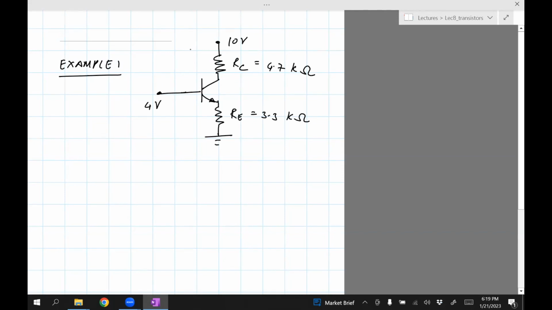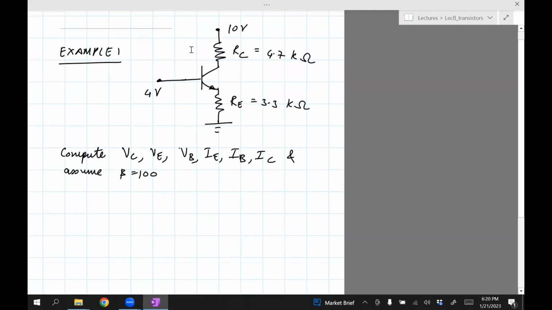This is an NPN transistor, and the question is to compute the voltage in the collector, voltage in the emitter, voltage in the base, the current in the emitter, current in the base, and current in the collector, and assume beta equals 100. Now, in any of these problems, just like the diode problems, we